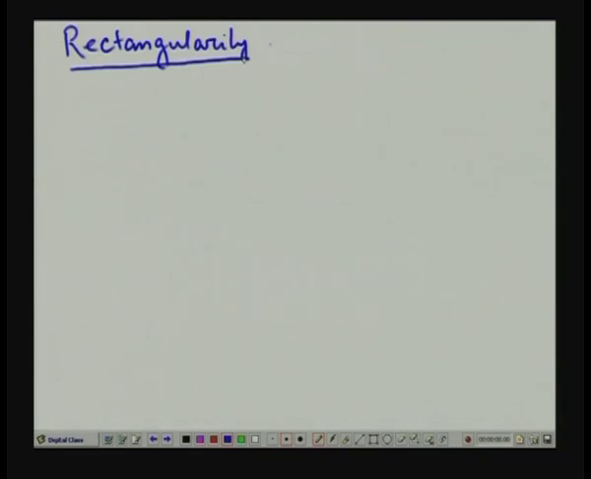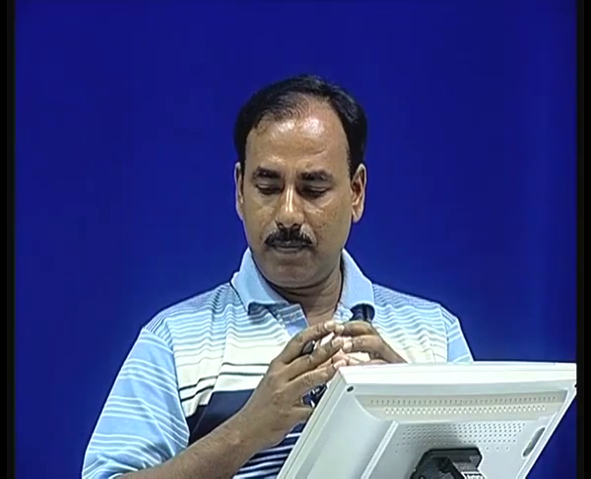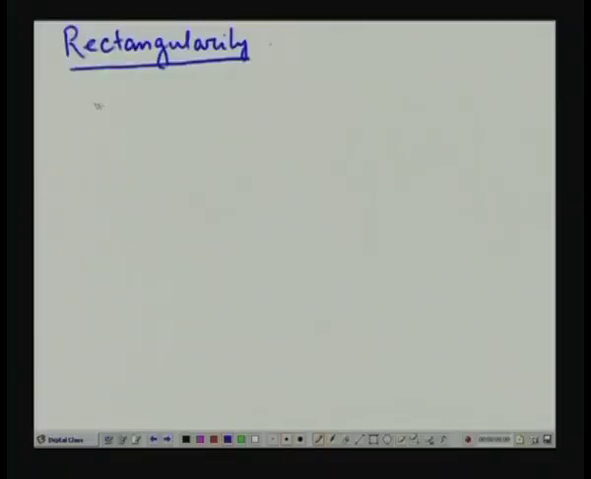Rectangularity is the ratio of a region area and the area of a bounding rectangle having a particular direction, say k, which is maximum. So, I can define this rectangularity as the ratio